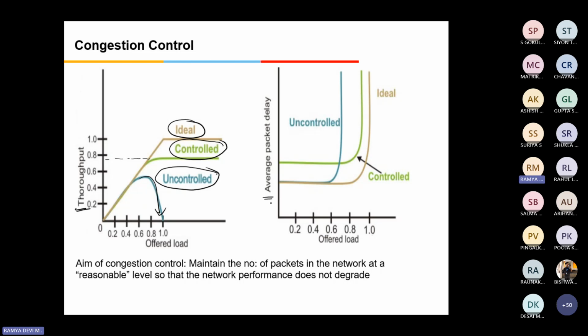So if we take the delay, the average packet delay, for the ideal state, the delay grows gradually and we can easily predict it. The next one is the controlled delay, which is represented by a green line. It is reasonable, and when it reaches the threshold value, it is limited. If it nears congestion, with the help of the congestion avoidance mechanism, it is stabilized. Once it reaches the threshold, it has been stabilized.